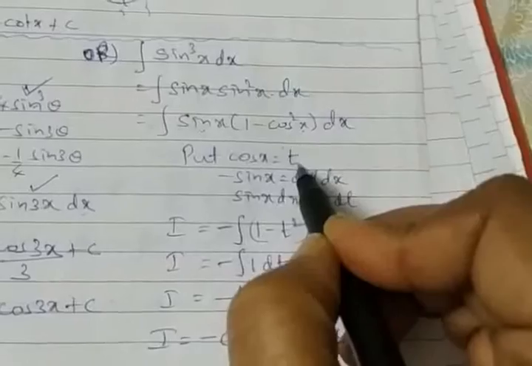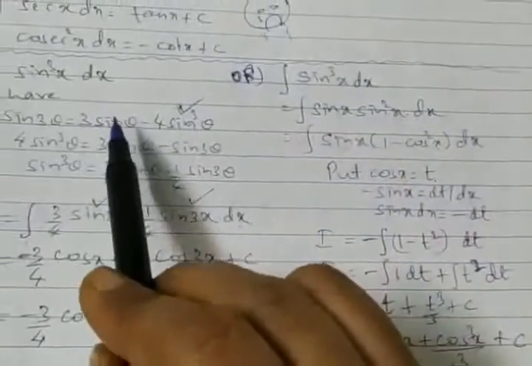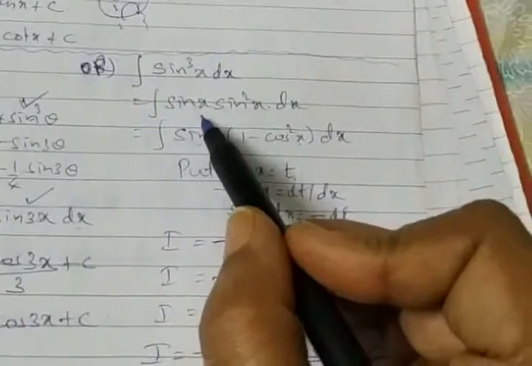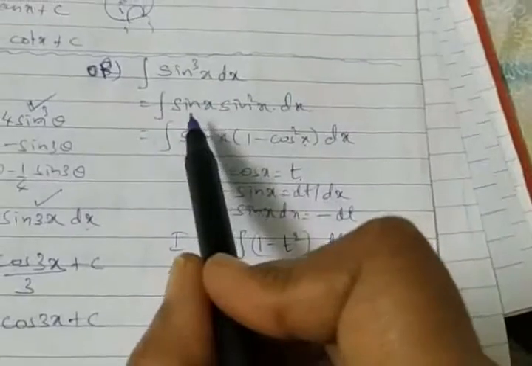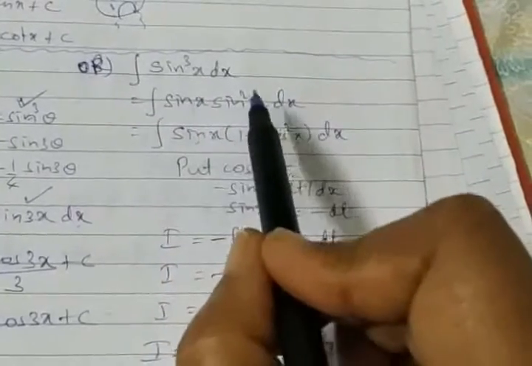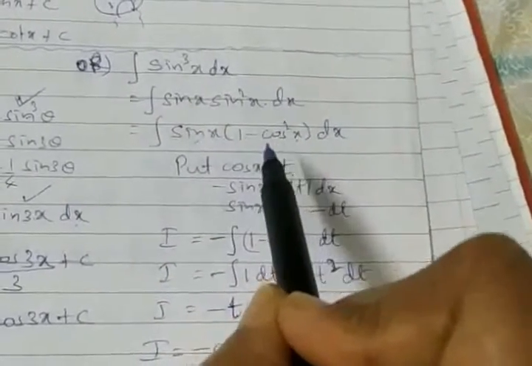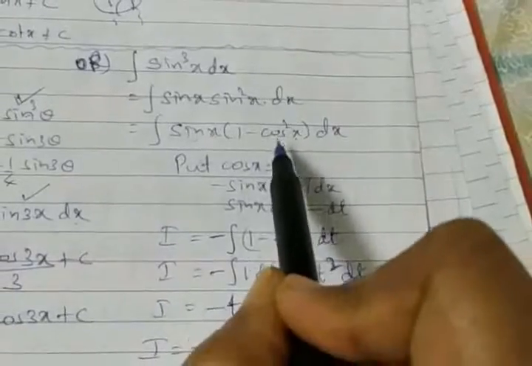So I can try for the substitution method here. One option which I just now mentioned, use the submultiple relation, or you can go for this; this is also a correct method only. You can find both in any of the reference books. So we have sin into sin square to be taken as 1 minus cos square, and now in the substitution method we are claiming here cos derivative sin x.